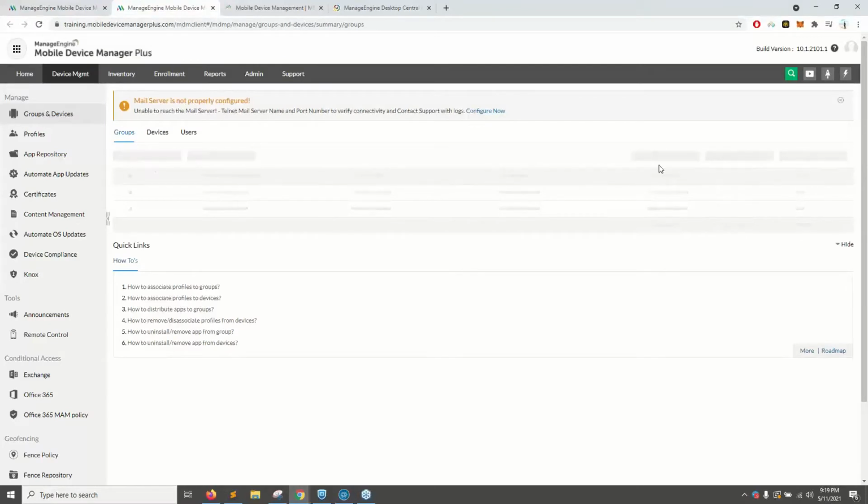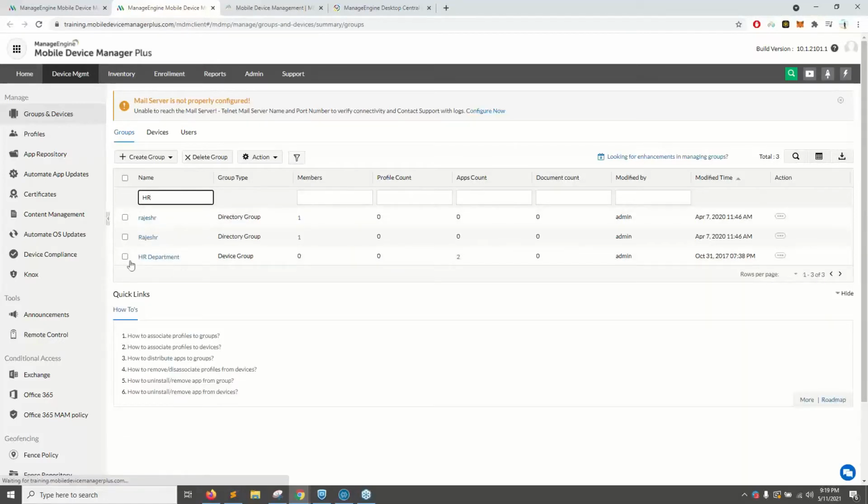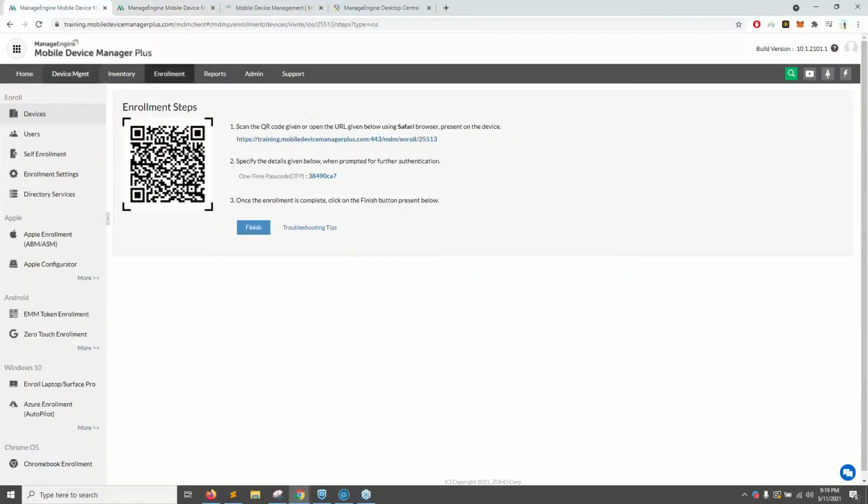And if you have distributed any policies or applications to the HR department, they will automatically be configured or applied to the newly added member as well. So you can just distribute required apps or policies to your devices beforehand. But anyway, when I send the email invite, the users will get the very same information populated on their email